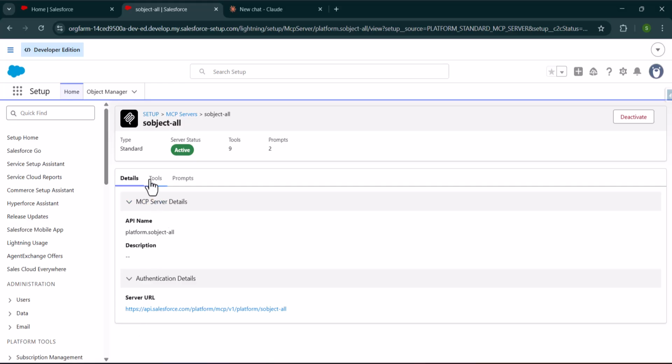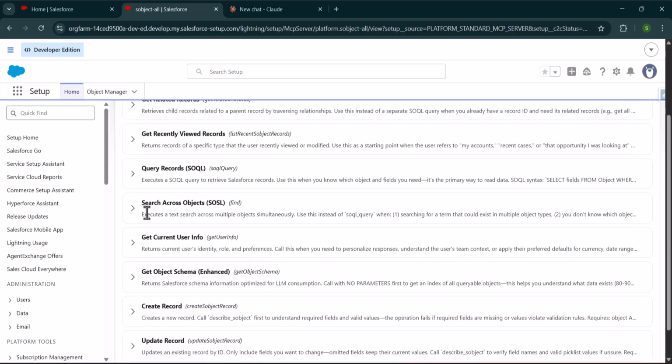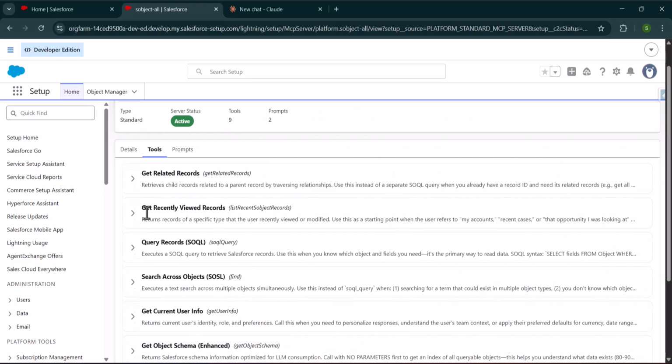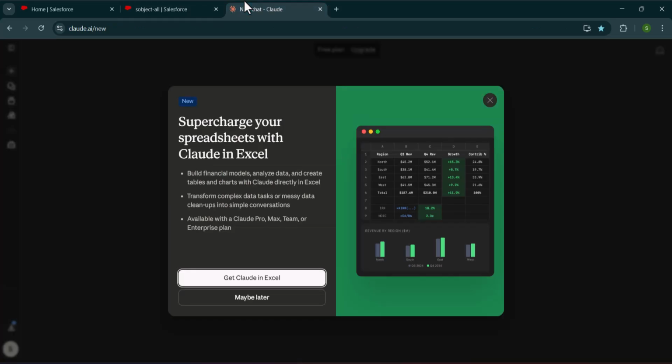Now, as I click on this tool, here you can see we have different tools that Claude AI uses with the SObjectAll MCP server. Now let me show you how Claude AI was using these SObject MCP server tools to perform operations in the Salesforce org. So now I will show you how Claude AI was using this get current user info MCP server tool. For that, as I navigate to Claude AI,